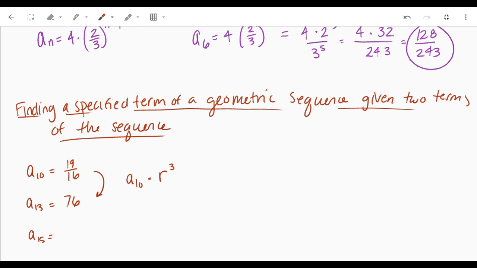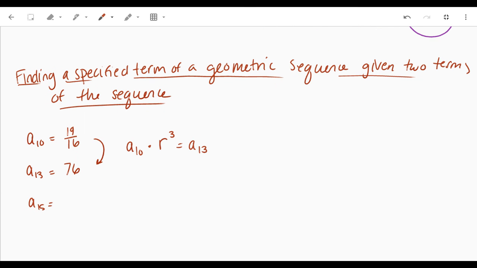Okay, just like with addition, we figured out how many times we had to add it. Now we figure out, well, to get from 10 to 13, that's 3 steps. So that would mean that r cubed is the 13th term over the 10th term, which is 76 over